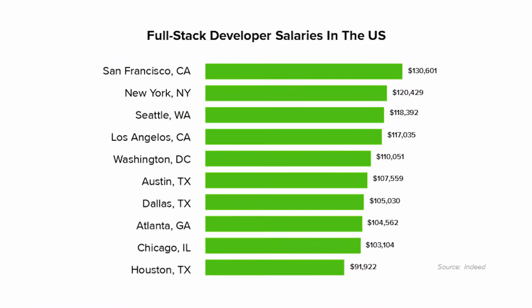I know some of you guys are looking at this going, holy crap, that's what people make in San Francisco. Well, not everybody is here at the FESC conference, but this is just base salary, but it gives you a pretty good idea of the distribution of salaries across the US. In other words, if you ended up building a distributed team in Austin, for example, you'd probably save close to 20% in terms of engineering costs. And if you ended up building a distributed team in Houston, you'd save probably closer to 30%. So it's a pretty big variance.